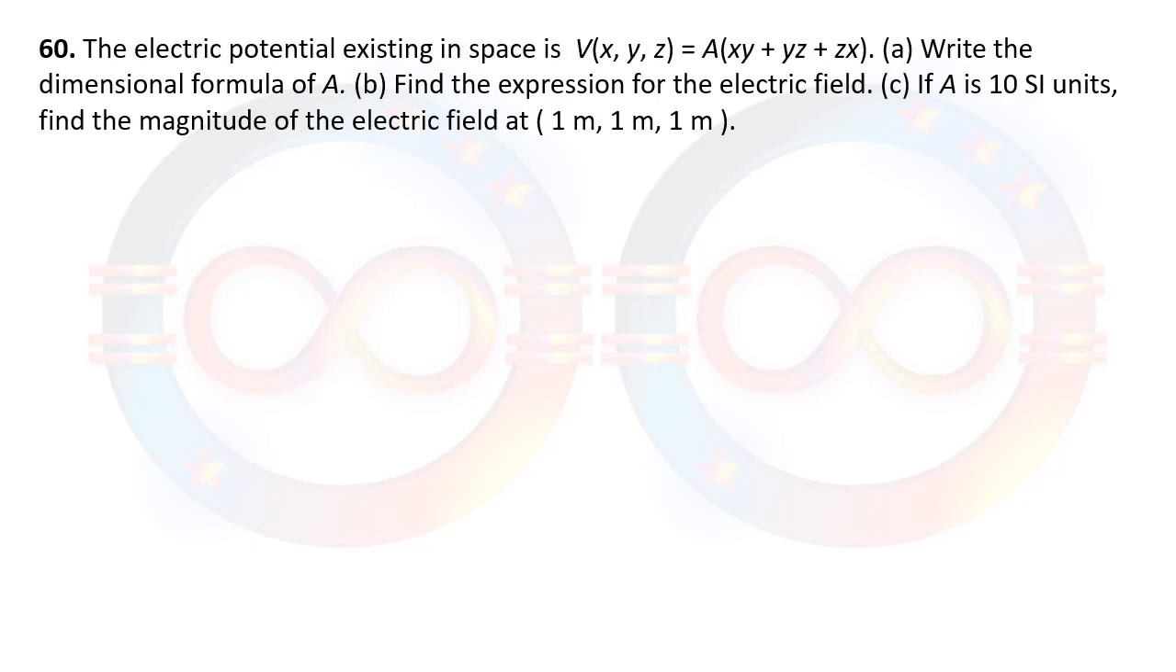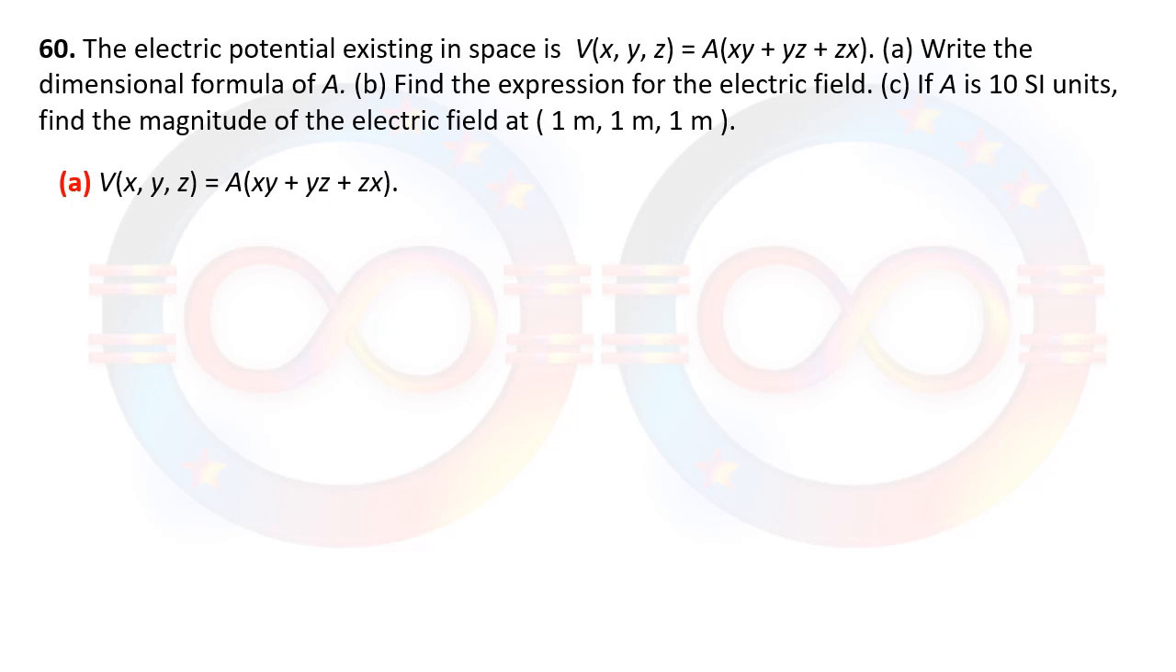Question number 60 is saying that the electric potential existing in space is V, and that is given in terms of A into (xy plus yz plus zx). Write the dimensional formula of A. See, potential is given in terms of A into xy. We know that x is distance, y is distance. So if we take Axy plus Ayz plus Azx, V is nothing but volt,